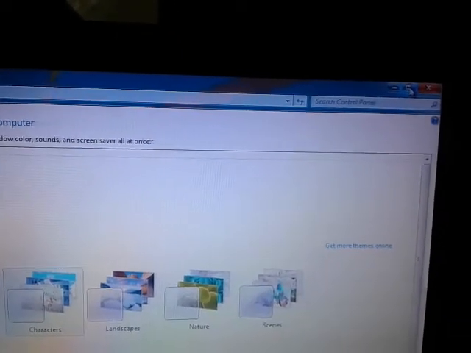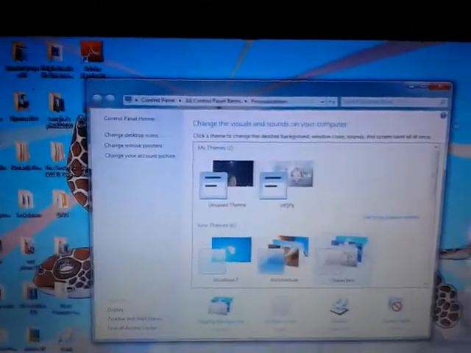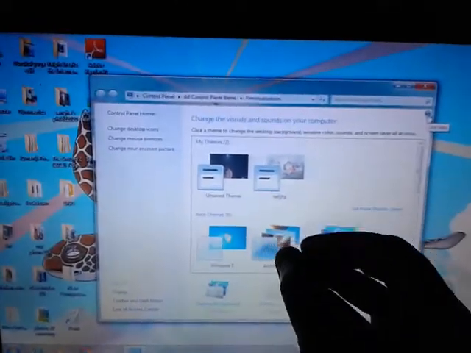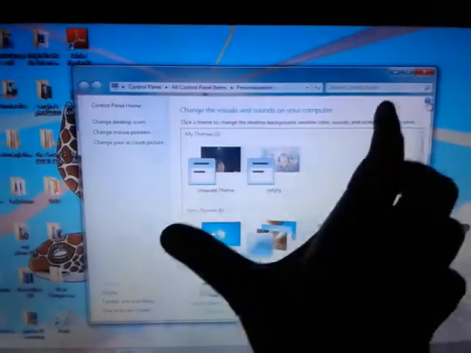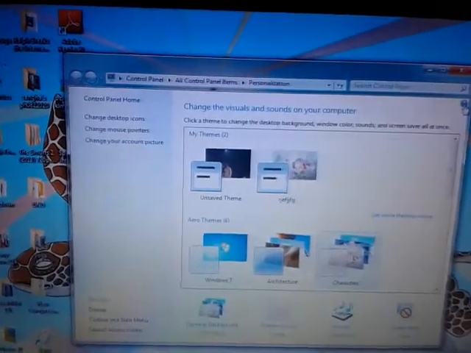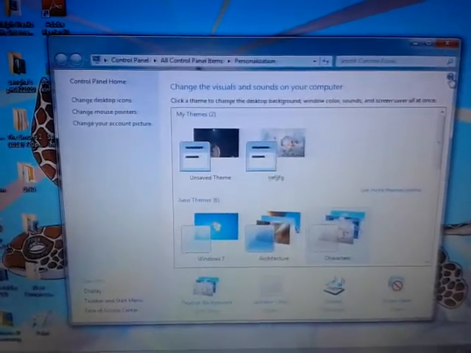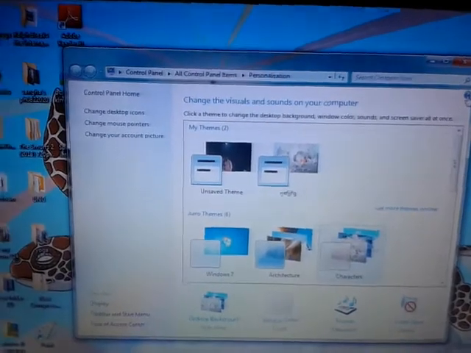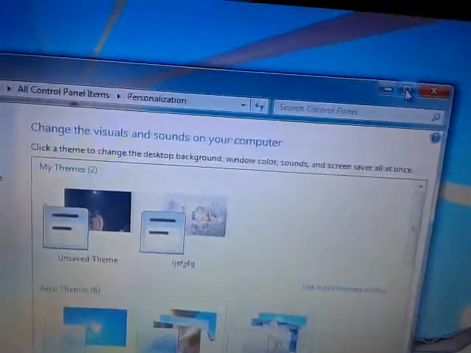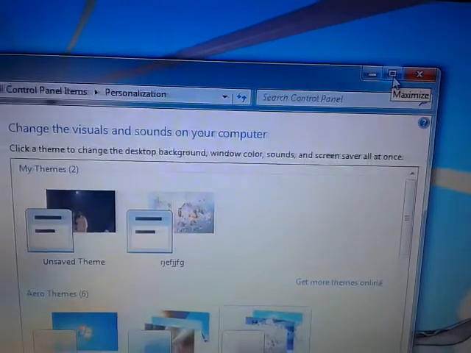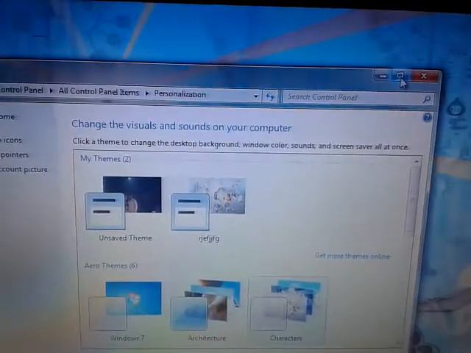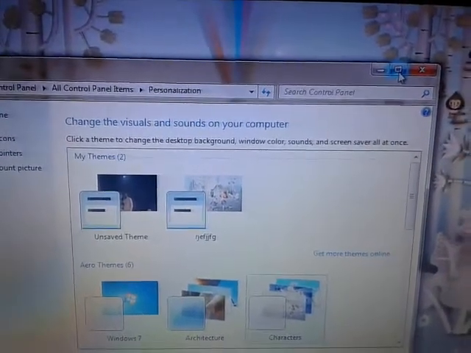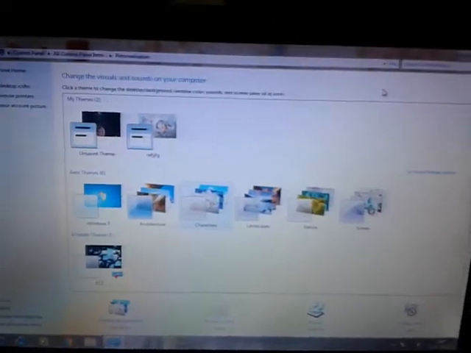Now it is in restore form. If I restore it, the screen has become smaller. We can see the wallpaper at the back, and this is the screen. On restoring, the size of the window becomes smaller. And now this button name has changed to maximize. Means now if I will click it, this window will get maximized. I will show you this again. I will click on this maximize. See, the size of the window has increased again.